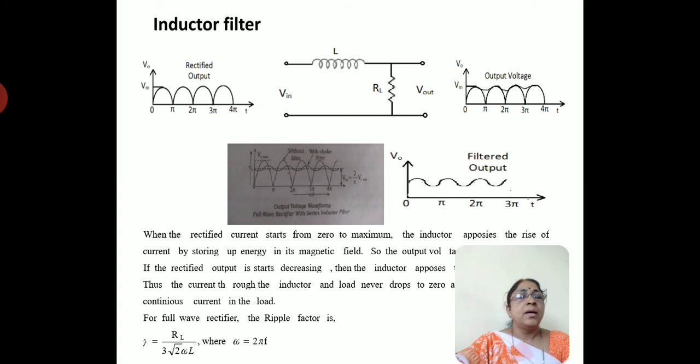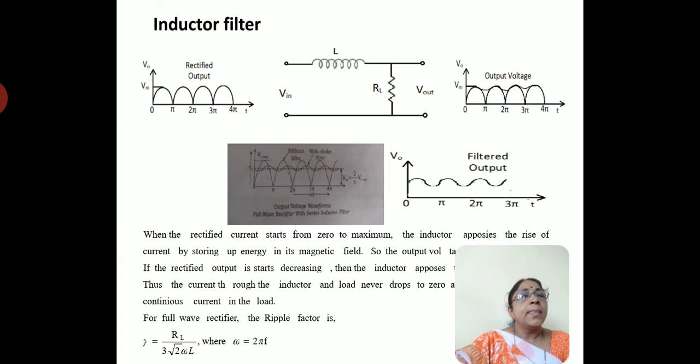So here the inductor consists of a single inductor, and it is connected in series with the RL, because inductor reactance XL is equal to omega L. If the frequency is equal to 0, the reactance is equal to 0. But the output of the rectified voltage is a pulsating one. Hence, it still has an AC component. So therefore, the pulses can be removed after passing through the load L.